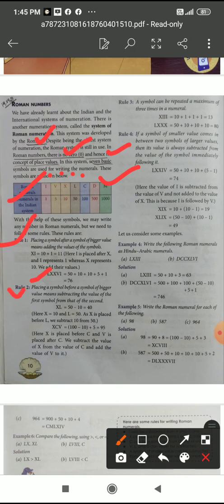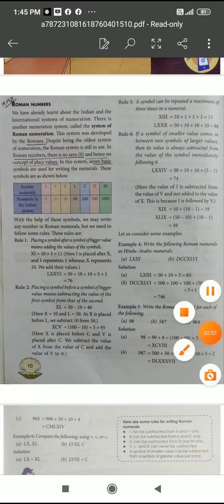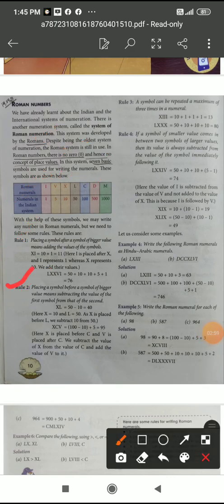But here you see rule number 2. Placing a symbol before a symbol of bigger value means subtracting the value of the first symbol from that of the second. For example, children, XL. Here children, XL means first X means 10, L means 50, which is more than X. X here is less than L. So, here we subtract. 50 minus 10 is 40. Then